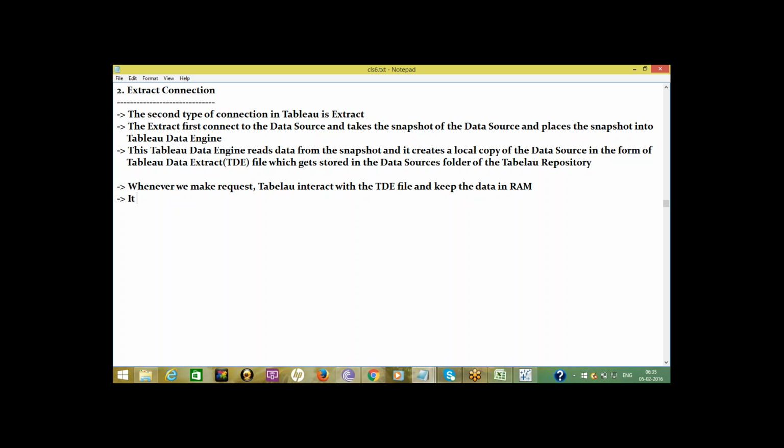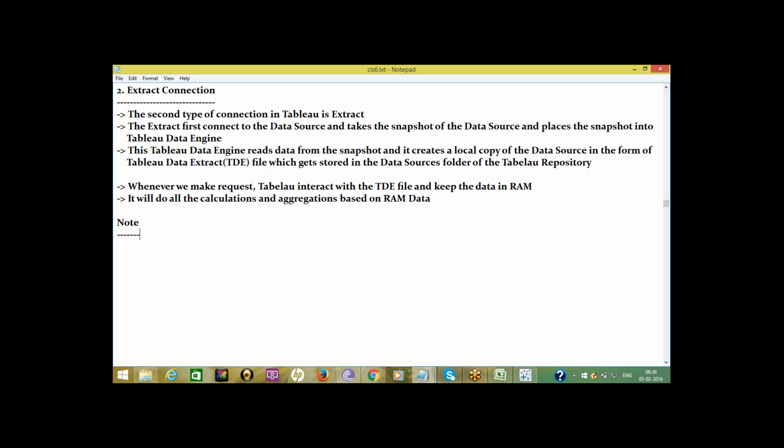Then it will do all the calculations and aggregations based on RAM data. Okay.